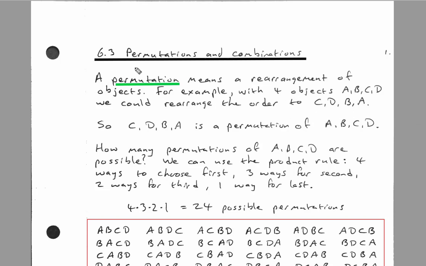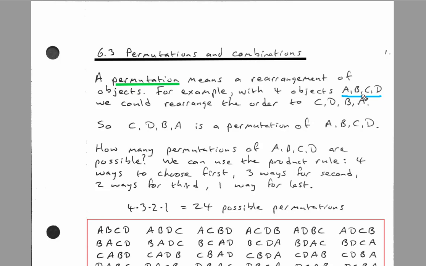6.3 next, permutations and combinations. So what is a permutation? It just means a rearrangement of objects. For example,